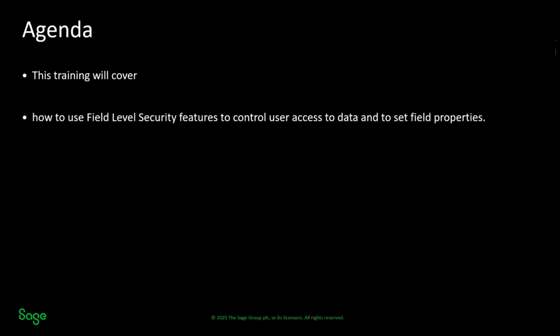So the aim of this lesson is to look at how you can use field level security features to control user access to data and set field properties. By the end of this session, you will be able to explain what field level security is, how you could make sure a field is a required field or a mandatory field, how you go about configuring different types of field security rules, and understand as well how the field level security interacts with security profiles, security territories, and